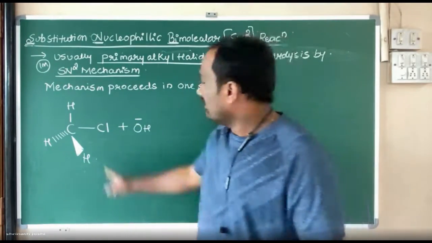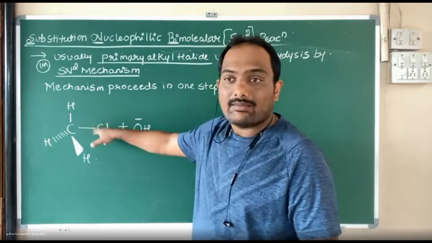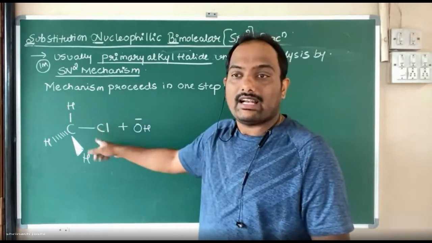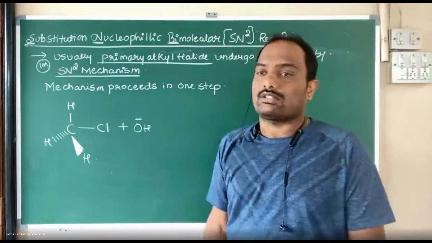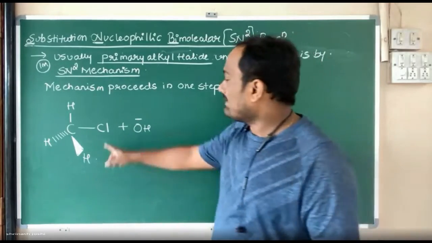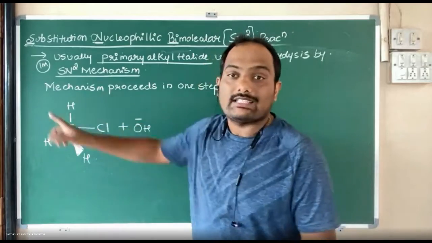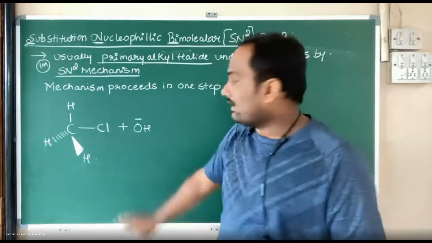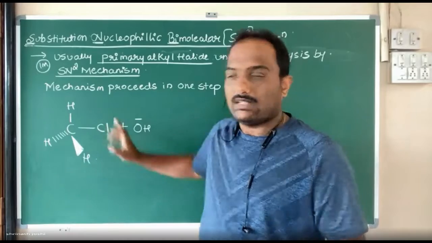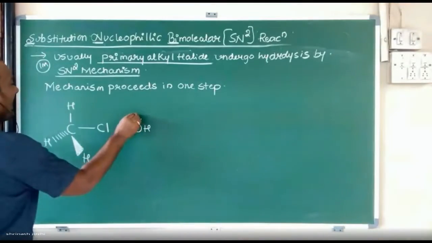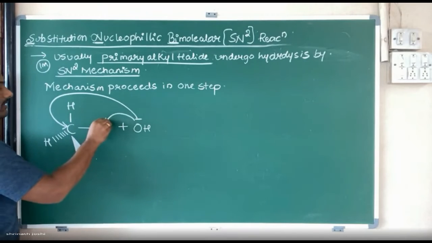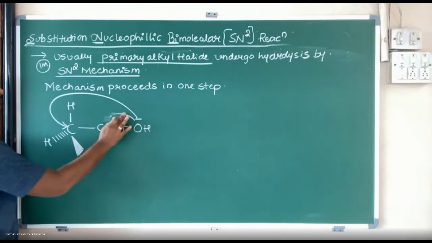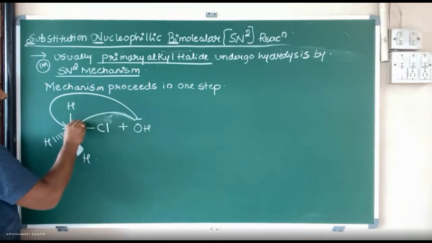In step 1, the chloride atom has to go out. The halide atom will usually go out in SN1. But in SN2, only a single step is possible. The breaking of Cl and attack of OH take place simultaneously. Means whenever chlorine is present, the OH minus will attack from the backside, not from the front. Can anyone tell me why not from the front?